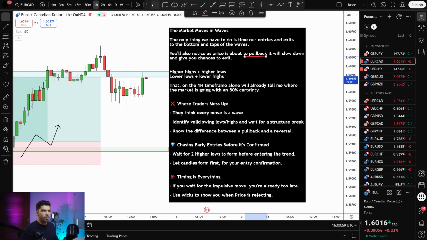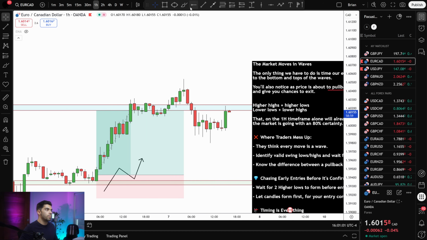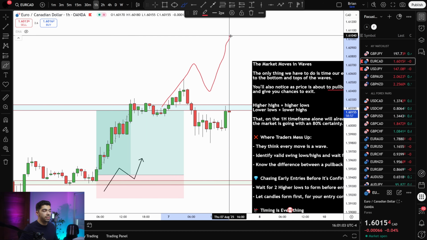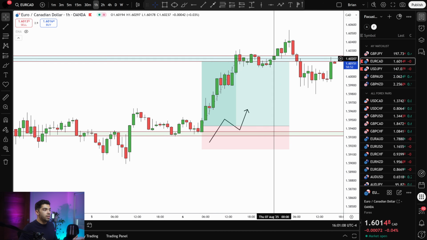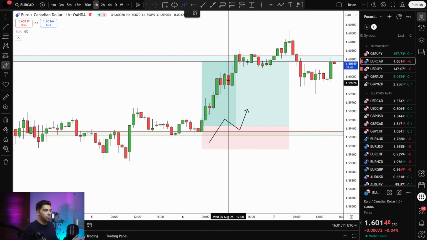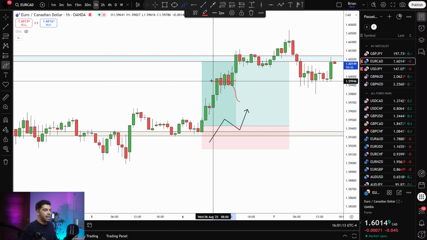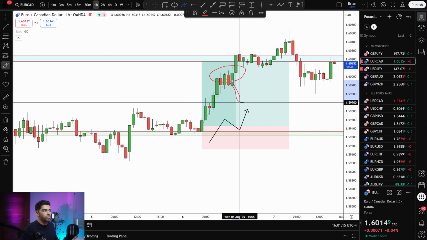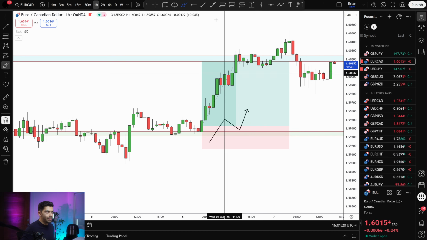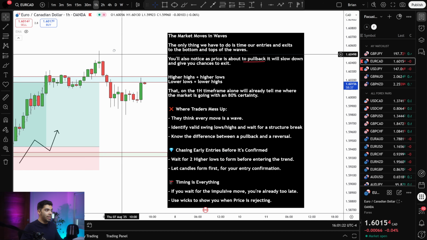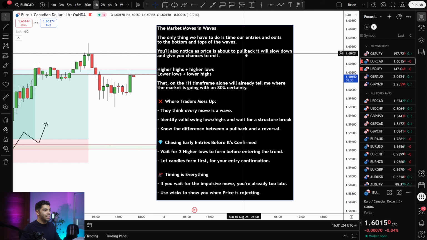Now, unless you're looking for a bigger move, which I sometimes do, and just anticipating that the market's going to continue to go bullish, then I'm not going to exit right here. I'm not going to exit after it pulls back. I may as well just exit at the top and not have to diminish some of my profits due to the pullback. So, I mean, that's pretty basic, but another really important thing here, guys, is looking at those higher lows and those higher highs,